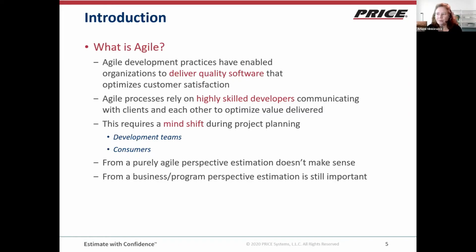From a business or program perspective, estimation is still important. And even in the case where there's a purely Agile process, there are still customer expectations. If you're delivering software to a customer, there's still customer expectations, and it certainly makes sense to bounce customer expectations against what the team believes they can deliver in a set period of time. So there's not always, there is often, more often than not, a reason that estimation is an important part of project planning, even if the project is agile.